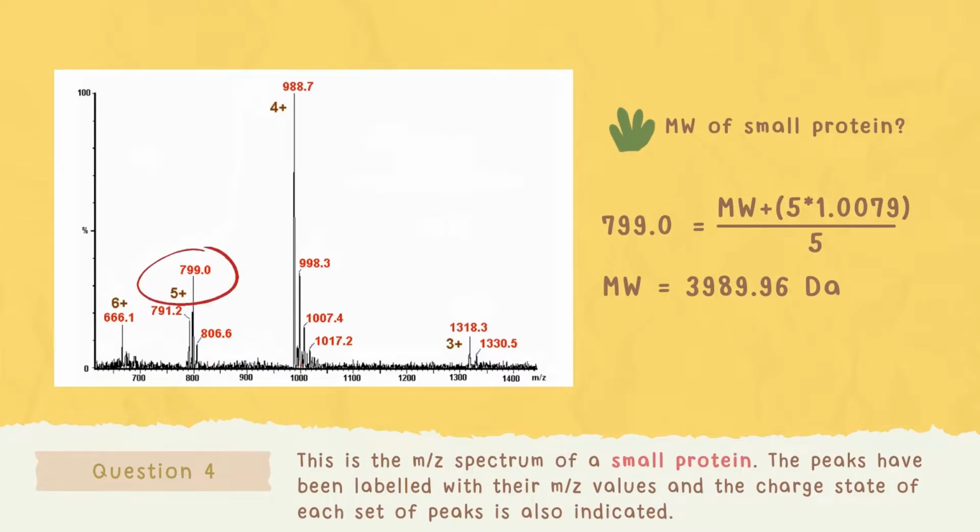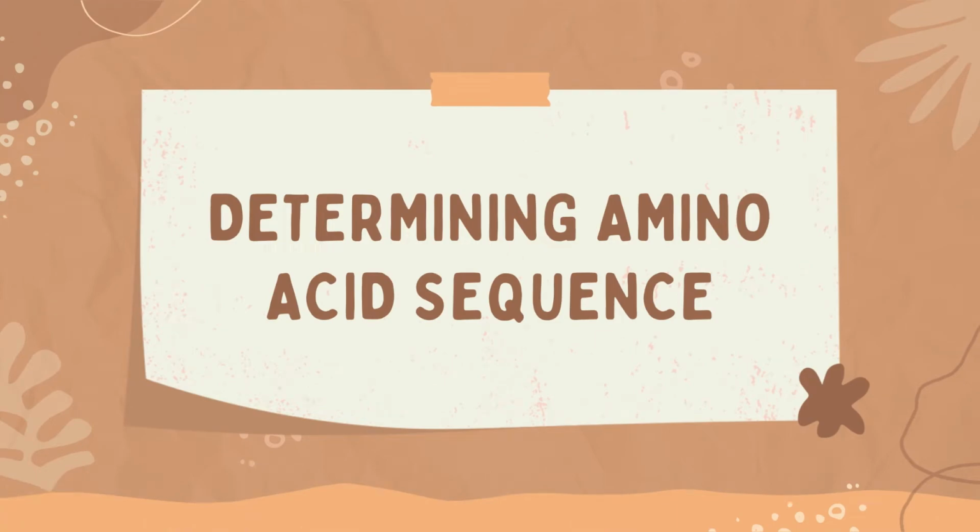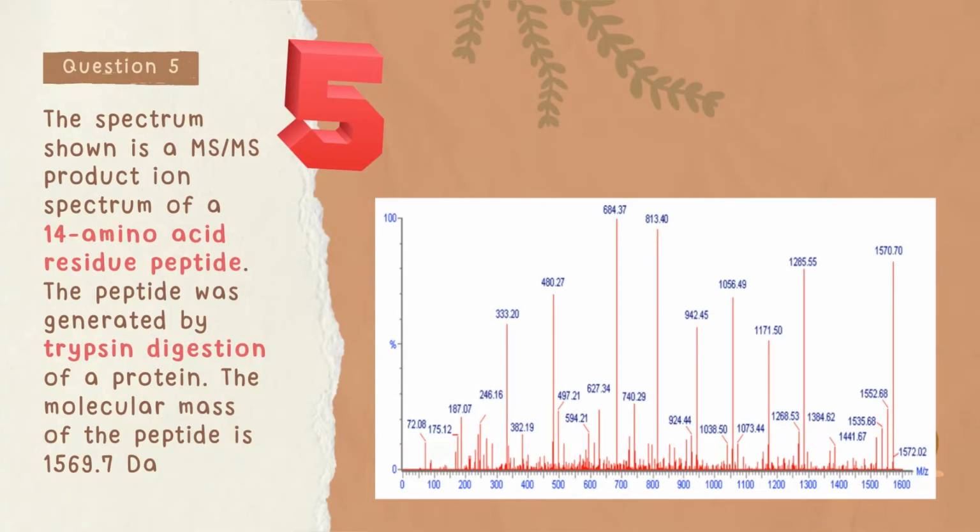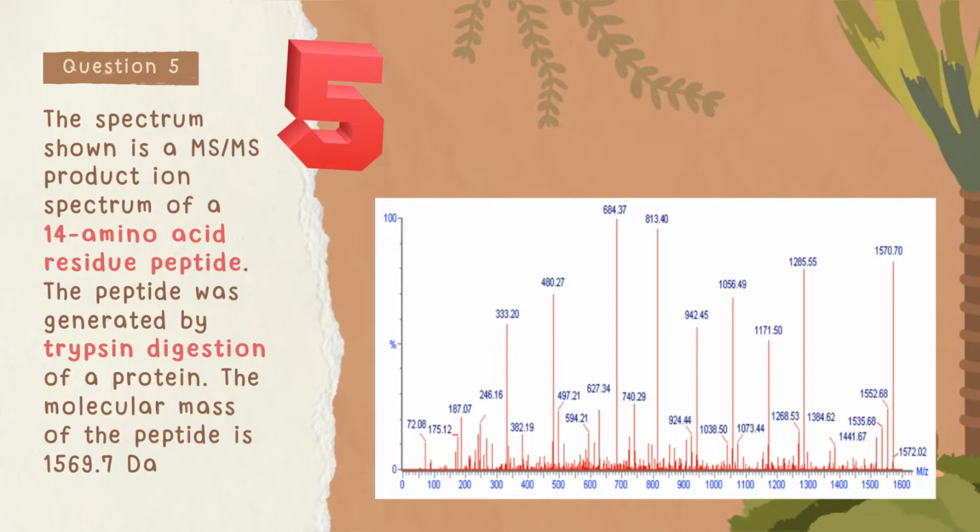Upon substituting, the molecular weight was found to be approximately 3,989.96 daltons. Aside from the molecular weight of the peptide, we can also determine the amino acid sequence using mass spec data. So for problem number 5, the spectrum shown is a tandem mass spec product ion spectrum of a 14